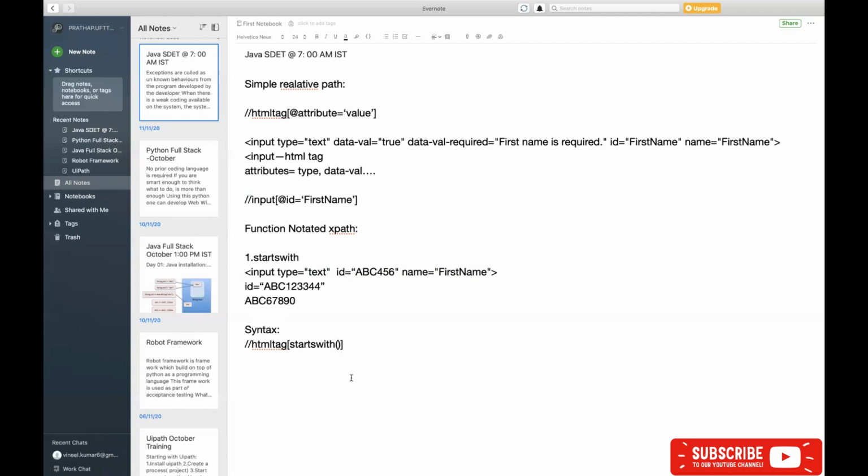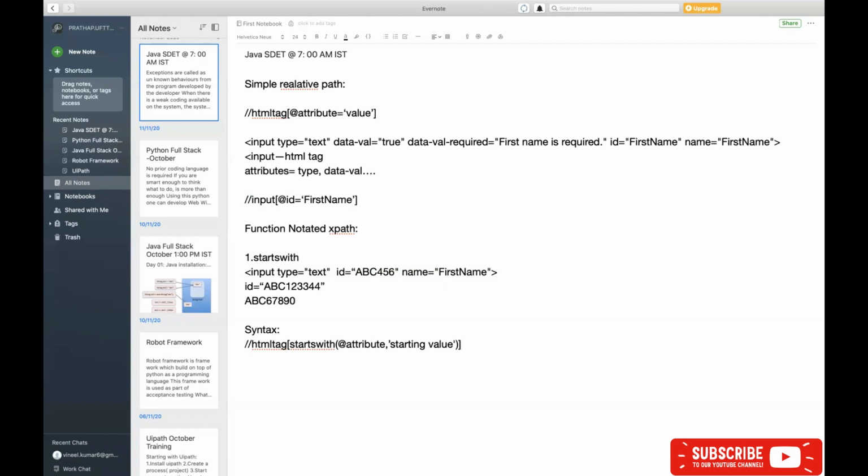Inside that, use whichever attribute is getting changed, your ID or whatever it may be: at the rate of attribute, comma, single quotes, value. Here you have to give only your starting value, which is going to be a constant value.